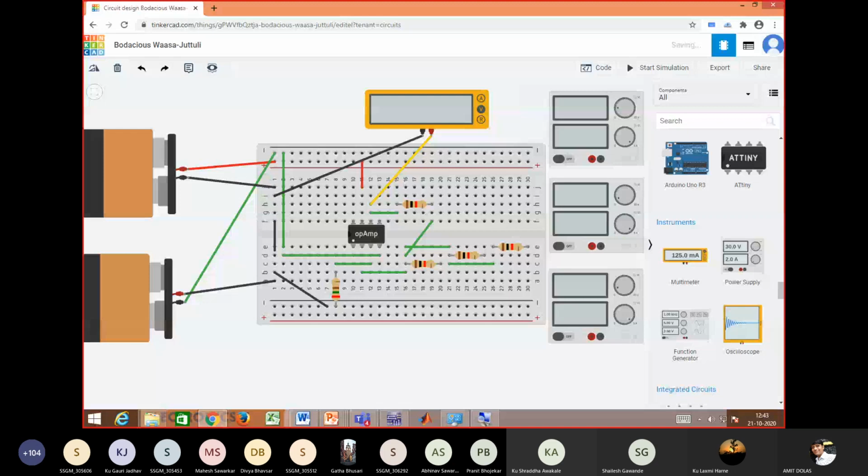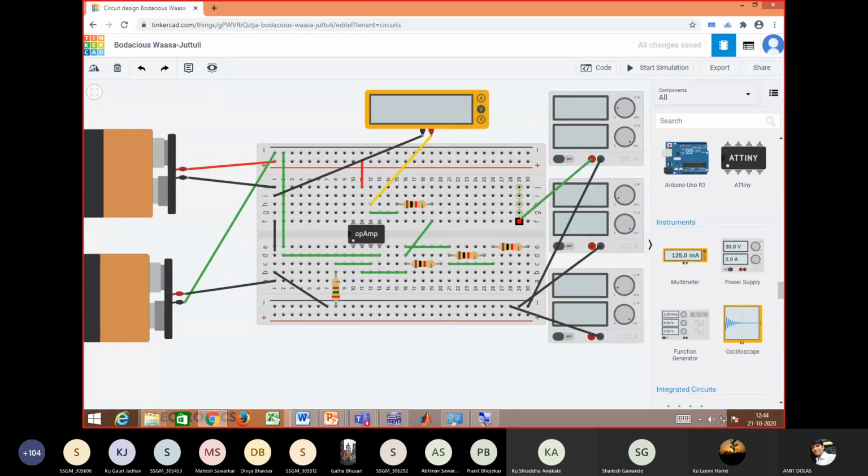Then what about the terminals? It is positive, negative is this. So I'll connect negative to the ground. Here is also ground, because we have connected ground here to the resistance. I'll make it black to identify. This is another one, so I'll convert it to black, and this is negative. So all negative terminals of the power supplies, that is V1, V2 and V3, I have connected to the ground.